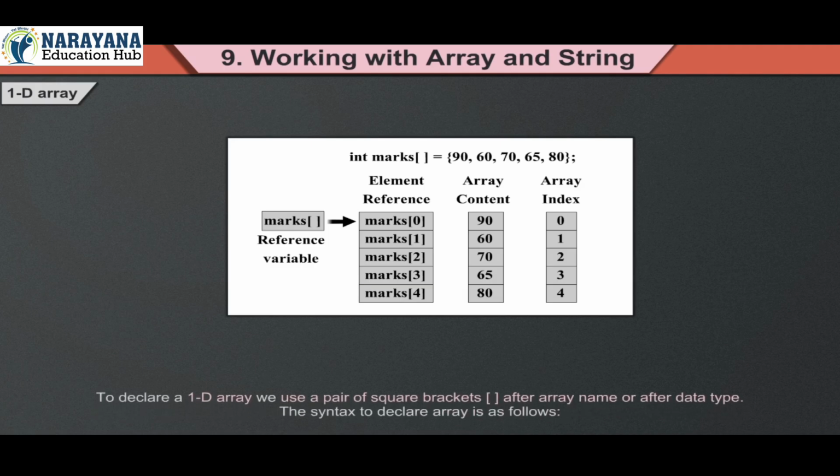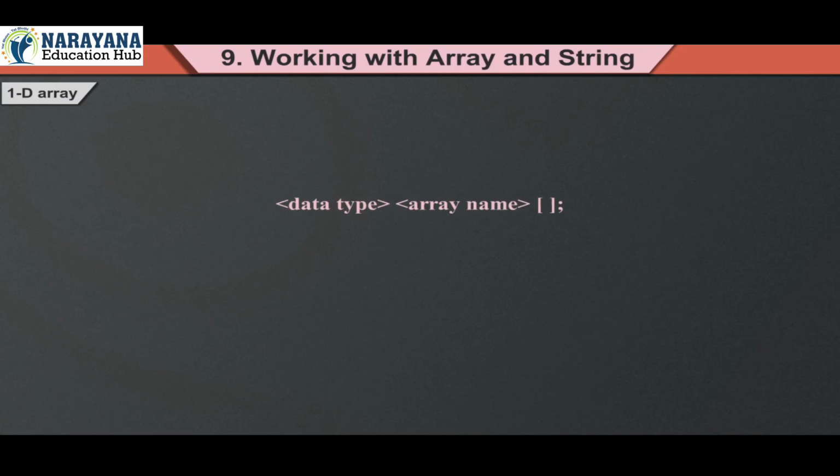To declare a 1D array, we use a pair of square brackets after the array name or after the data type. The syntax to declare an array is as follows. <data type> <array name>[]; or <data type>[] <array name>;